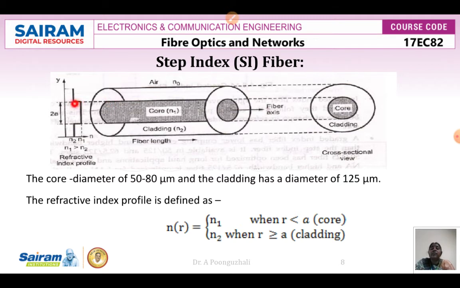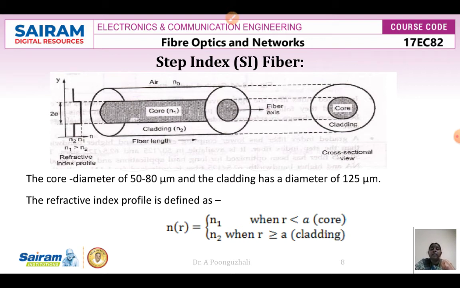So here the refractive index increases and maintains a constant value in the core region. And once the interface occurs, the refractive index decreases to a lower value. So this is your step index fiber, the refractive index profile. When I go for a step index fiber, the core diameter of the step index